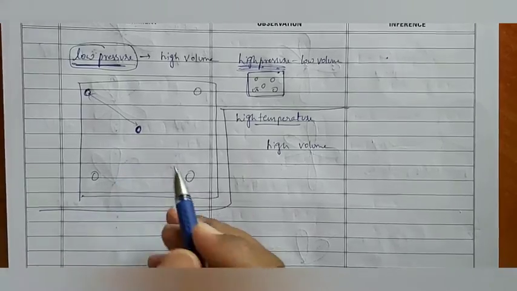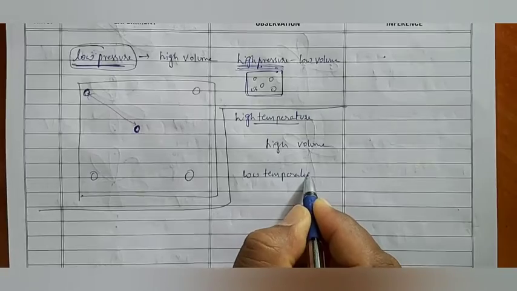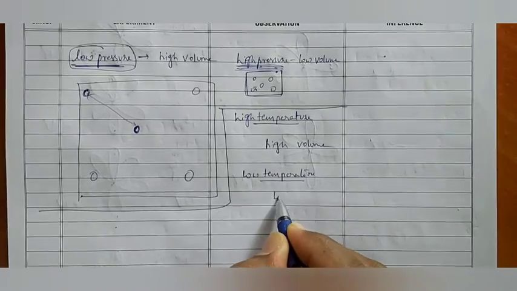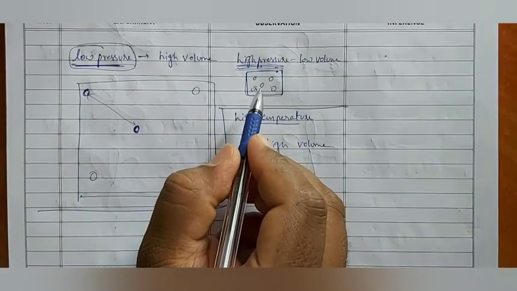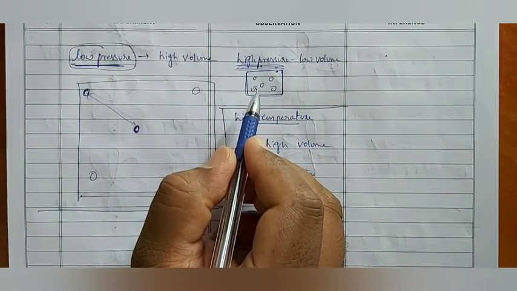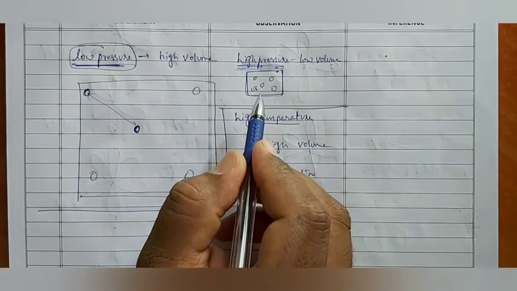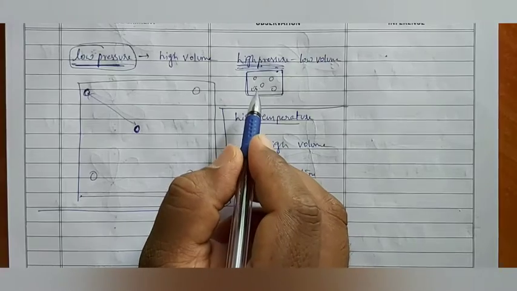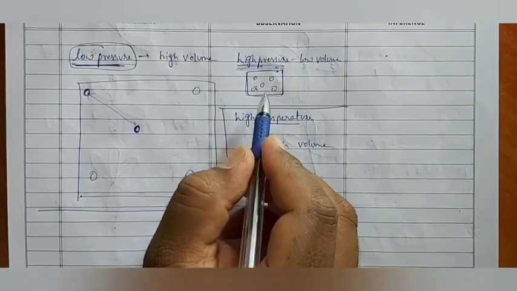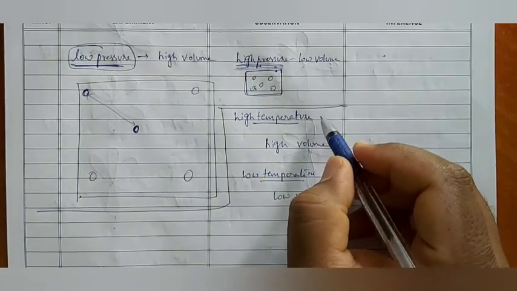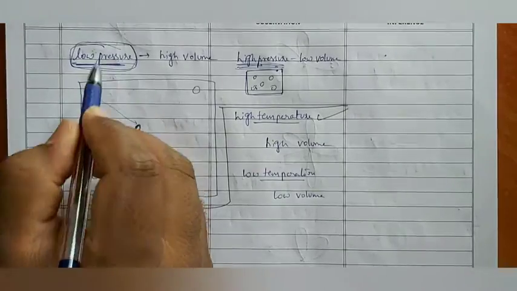Is it okay? Now at low temperature, volume is low. When volume is low, we cannot neglect the volume of the gas particle when compared to the volume of the container, because the volume of the container is very small. That's why here the volume of the gas particles will be considered. So they are deviating from ideal gas. Okay, so what is the condition according to temperature? High temperature for idealness, according to pressure, low pressure.